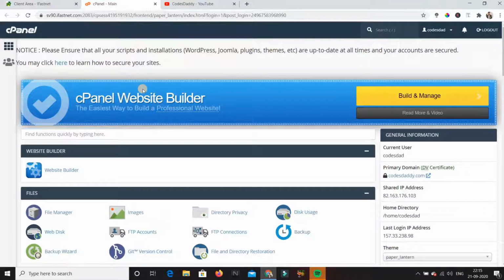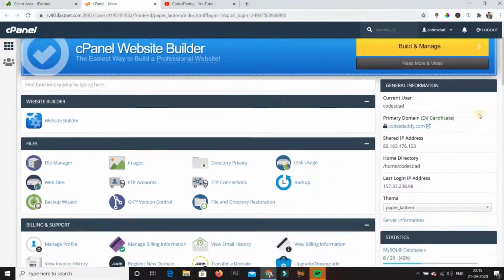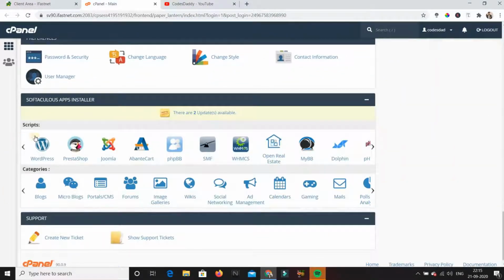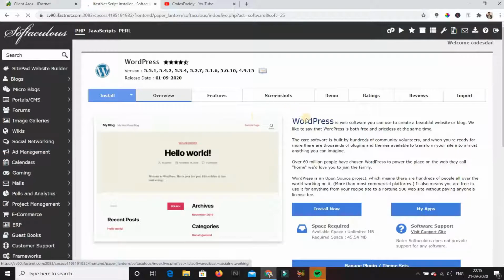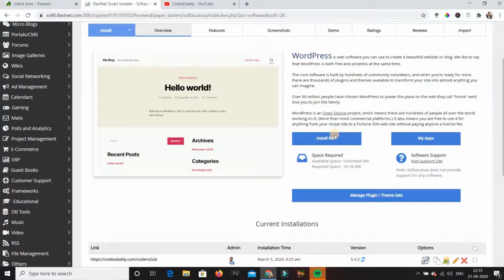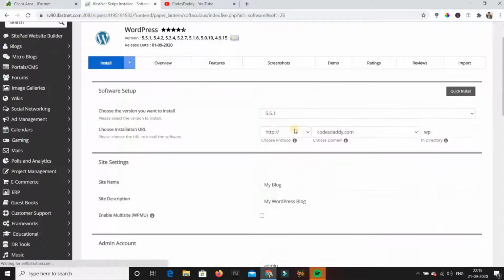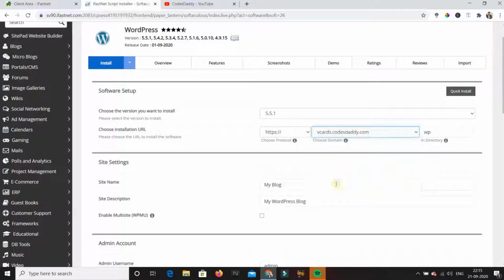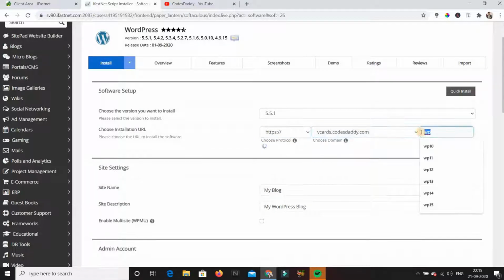So I will log in to my cPanel, as I have purchased web hosting from iFastNet, and I will go to install WordPress. Here you can see there is a symbol of WordPress. I will click on it, and then I will click on install now. And I want to install on HTTPS, that is Hypertext Transfer Protocol Secure, because I have an SSL certificate, and I want to install this on the vcars.coursedaddy.com domain name, and I don't want to install it in any directory,